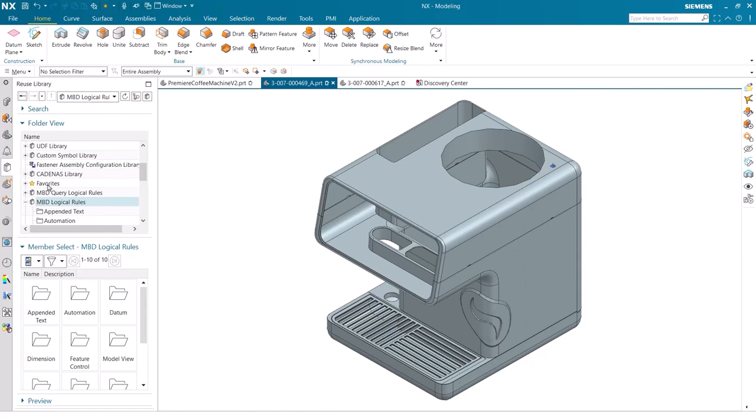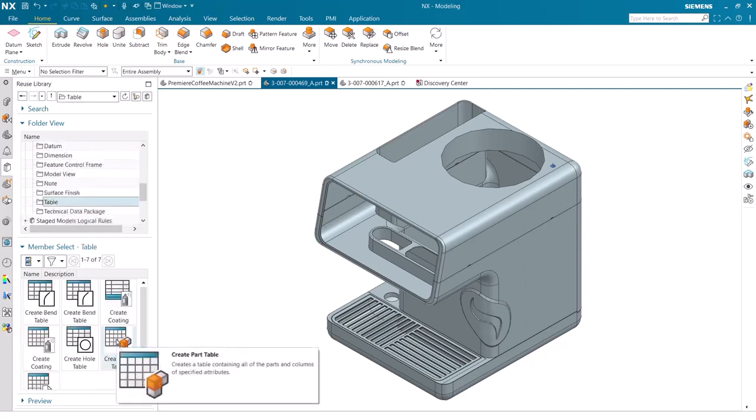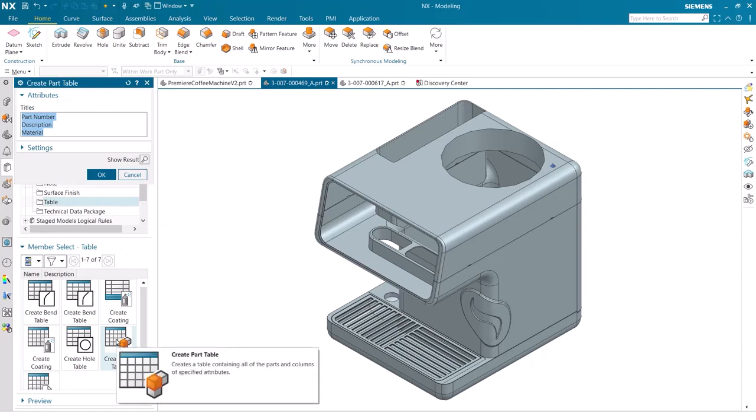I expand the folders and navigate to the subfolder MBD Logic Rules. Hovering over the rules listed in the folders shows a tooltip for each MBD rule, so that you understand the result of applying the specific rule. Here we want to execute a common task such as adding a parts list. We can do that by adding a part table, which will show the different components in this assembly in a list, and provide information about them, as well as the automatic labeling of components to the corresponding line in the